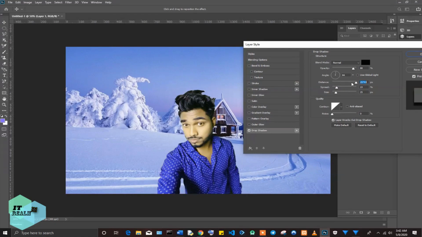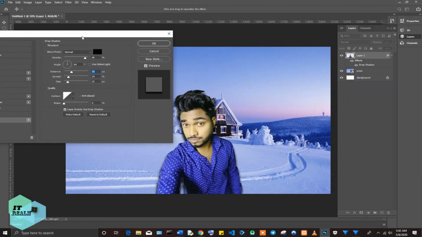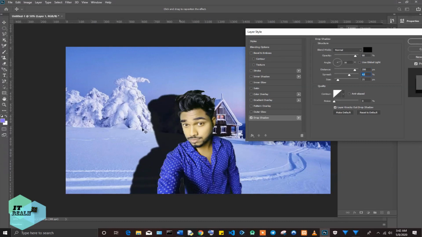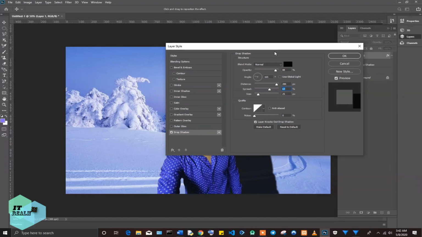You see, we are only limited to the distance, but here lies the case. We want the shadow to reflect on the snow, but we are only limited to the distance. When we do the distance, it gives us only up and down. We spread it. We can choose to drag it like this, but even if we drag it, it's not lying on the snow and it's very bad. So what we can do is just click on the OK,